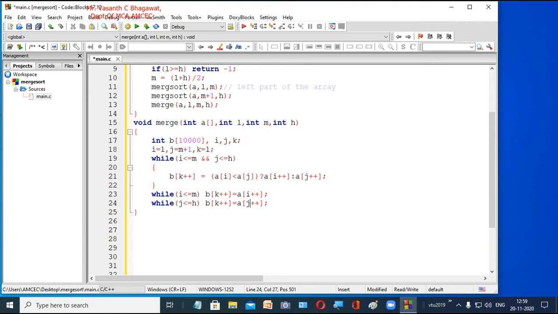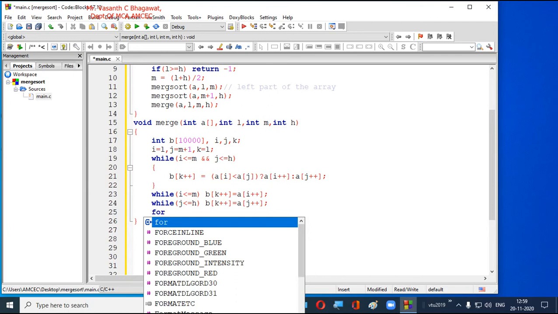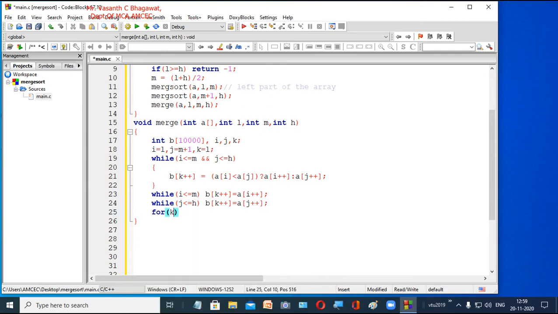Now you are comparing and properly merging into temporary array b. Right now the result is in b, but our actual given array was a. Clear? So now we use a for loop and copy all the temporary values into the final array. We'll take k, so k is equal to l, starting with the low pointer, k less than or equal to high, and k plus plus.